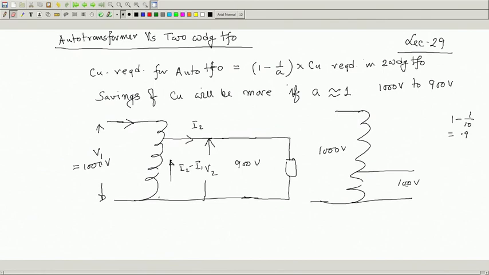But in this case, whoever is working at 900 volt must have taken enough precaution to work at this voltage, right? The voltage will only shoot up a little, maybe by 10%, 5%, if an open circuit occurs. So, isolation problem when A tends to 1,